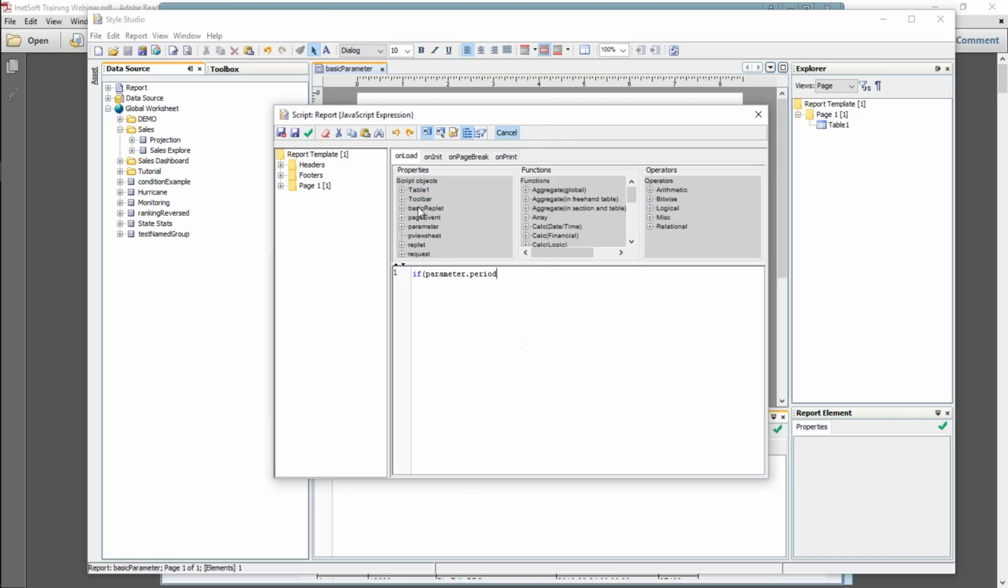parameter dot period. There are various ways to do this. I'm using the autocomplete feature, but also if you scroll over here, there's a parameter option, and you can see the various parameters that are known to the report, and there's parameter period. So parameter dot period is the value that the user entered for period, which we know can only be either year or month. So I'll say if it's equal to year,